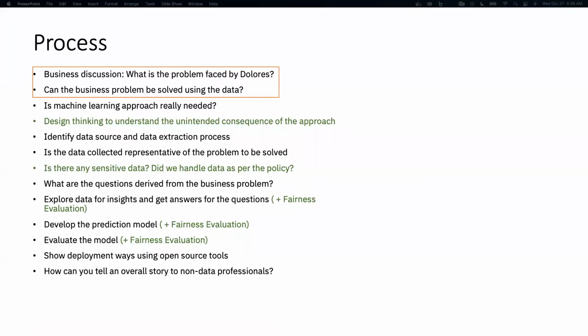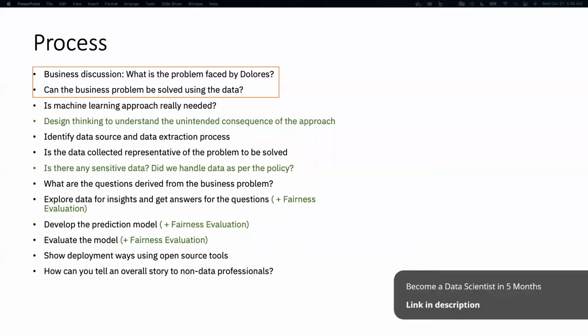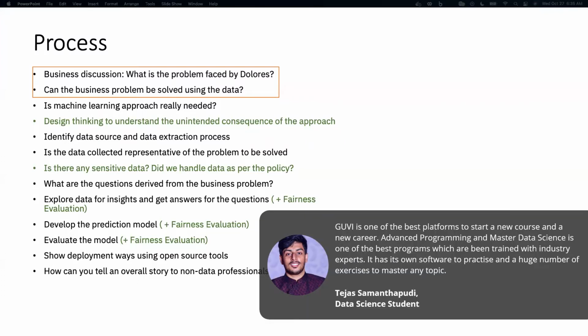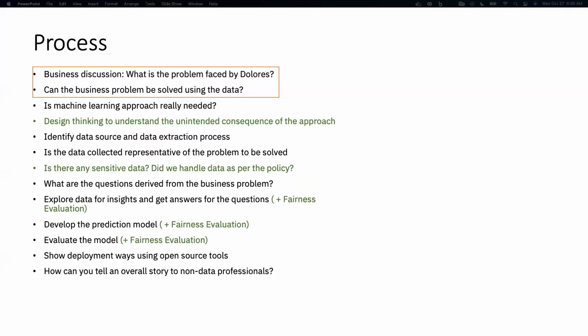So, what is the process that we are going to see? We are going to start by having a business discussion with our client. First, we learn what is the problem faced by her company, understand the impact it has created in terms of brand value and revenue. And after getting in-depth information about the problem, know if this problem can be solved using data. So once we get the clarity,